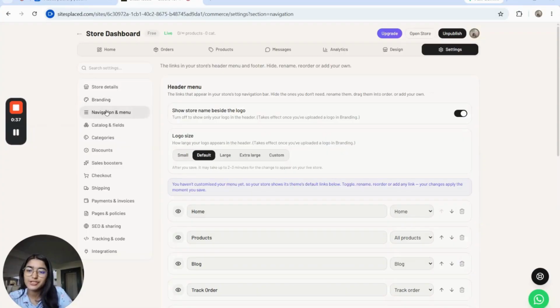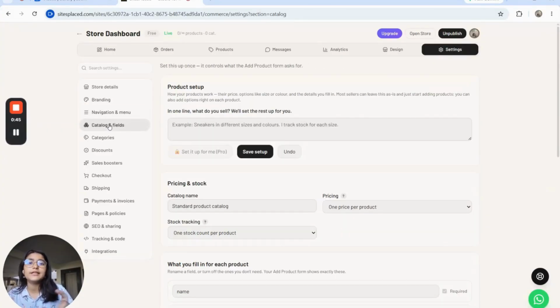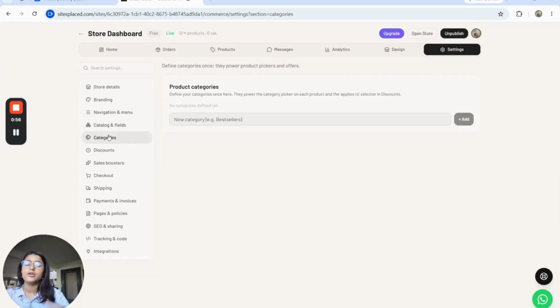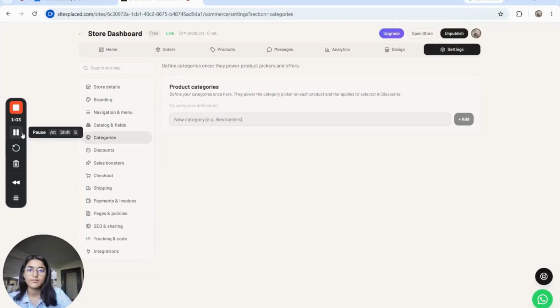Now, the navigation and menu allows you to organize your store structure. Then, catalog and fields let you define product information such as description and specifications to showcase products effectively. In categories, you can categorize your similar products together, helping customers browse easily.